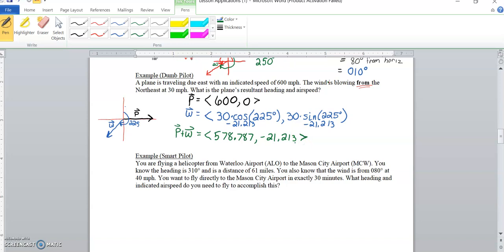So if you think about it, I was thinking maybe I want to redraw W. Okay, W is not very big compared to our P. We want to show that respectively. So P is 600, W is only 30, so I did want to shorten that up quick. The other thing I'm going to do is try and draw, again, if you did head to tail and you looked at these